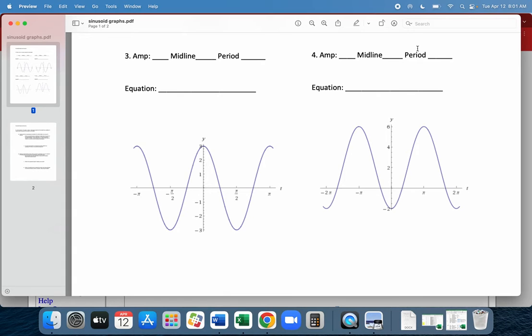What's the period for number 3, the one on the left there? Yeah, pi, which is relative to 2 pi, exactly half. So this one might not need to do any sort of fancy formula. No, I erased the period. I have a specific example up there now. It's exactly half the period, which means we're going through our angles twice as fast, or our inputs twice as fast as our angles. So in terms of our function,